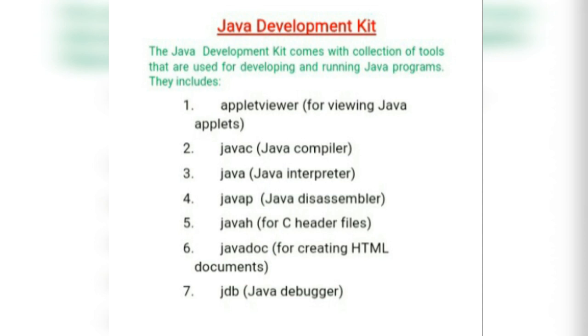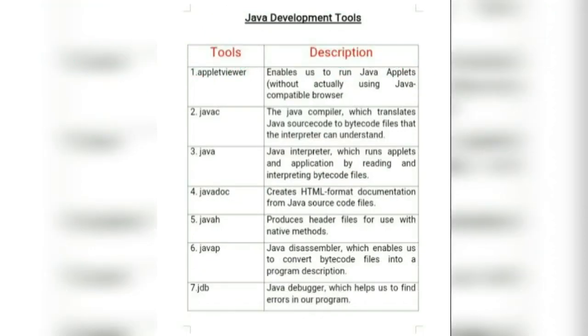As I told you in my previous video, we do execution of Java code in two steps. First it is compiled, then it is interpreted. For that purpose we use these tools, javac and java. Now let's look at what exactly the meaning of each of these tools is.